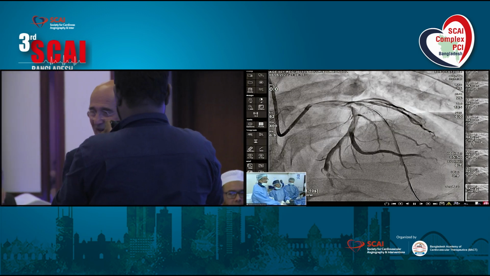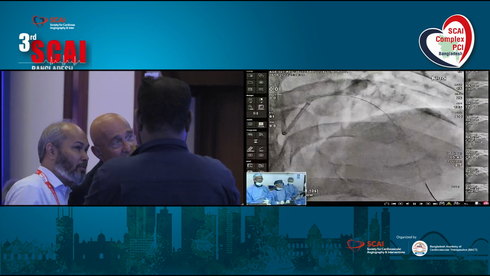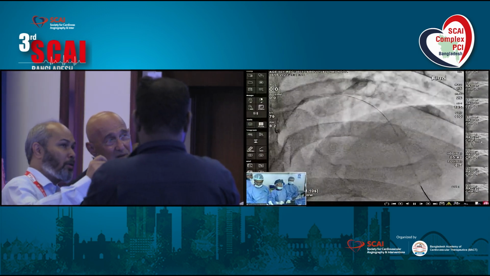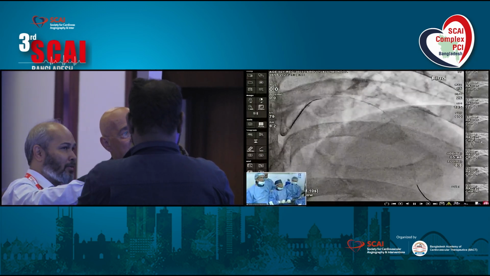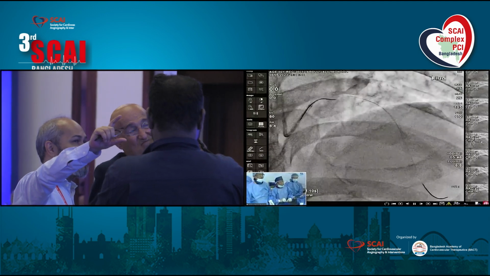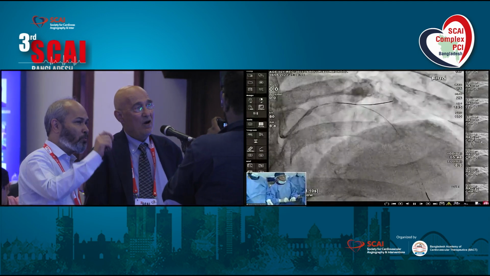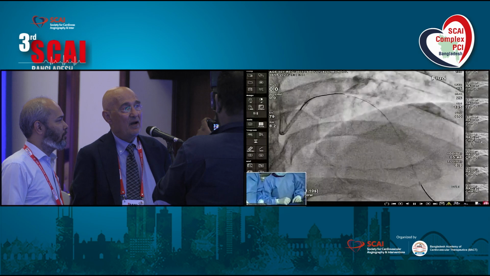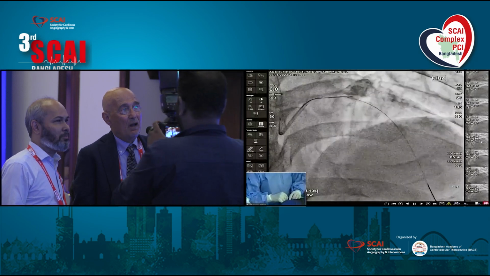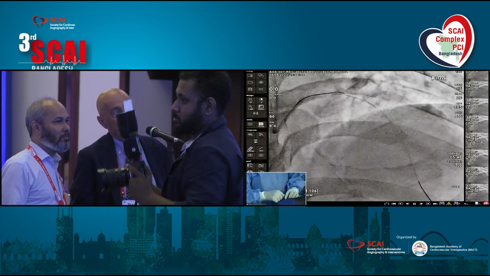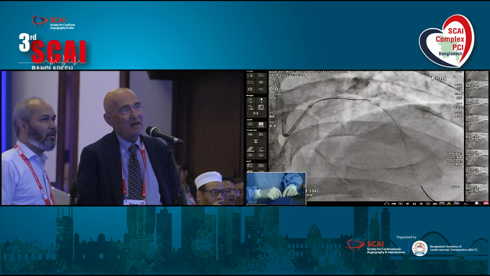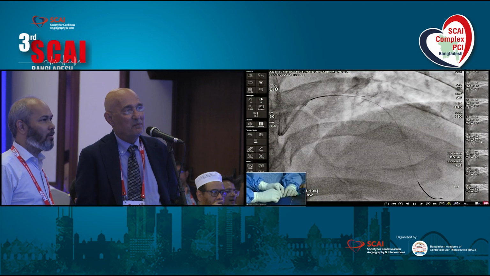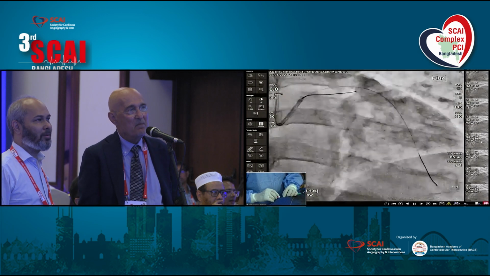So what's their problem? Their problem is, do you want to protect the diagonals? Because the diagonal seems to be a good caliber vessel, though not too important. But do you think we should protect this side branch? I think the lesion is distal to the diagonal, and I'll not protect. But anyway, putting a wire will not take that much time.